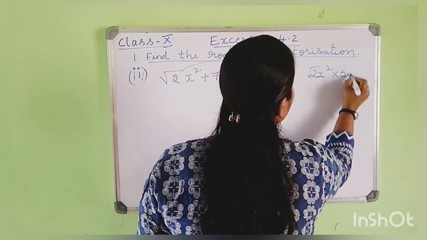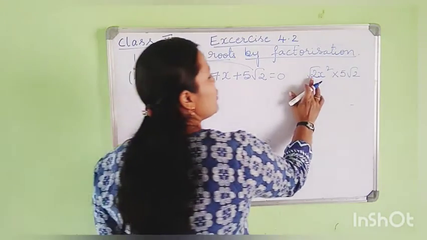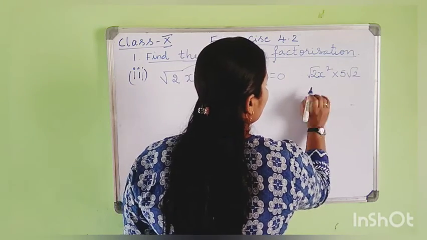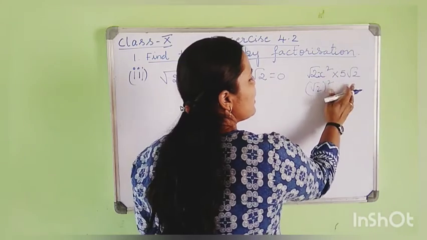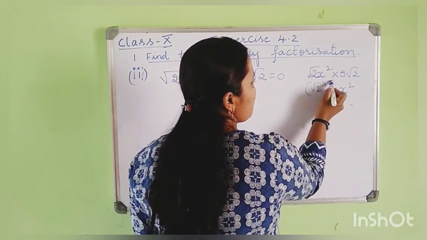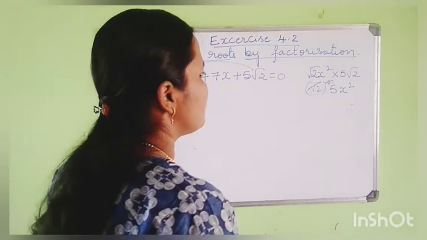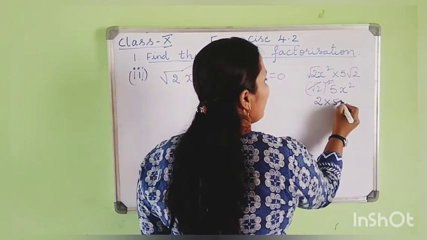You are multiplying these two, right? We have plus sign. So now root 2 into root 2 is how much? We have 5x square. Listen, you write the same. Root 2 whole square, right? Root 2 into root 2 is root 2 whole square, and 5x square we have. This square and square root get cancelled. I already told you in the previous class. So we have 2 into 5x square.